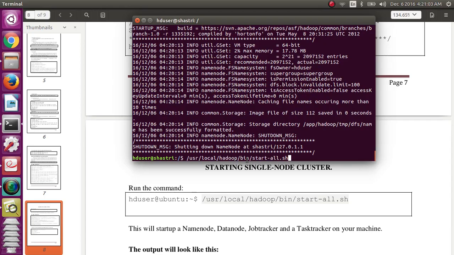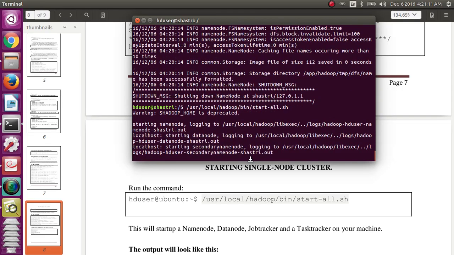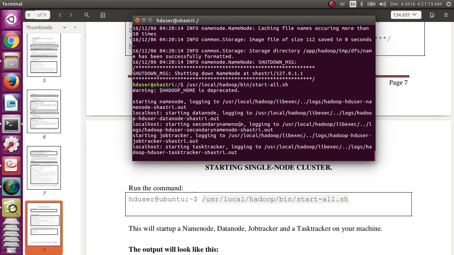All of those are available under the start-all.sh shell script. It successfully started: starting name node, starting data node, starting secondary name node, and next starting task tracker, etc.